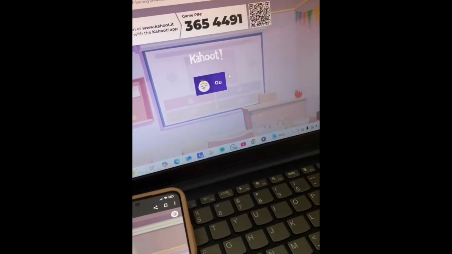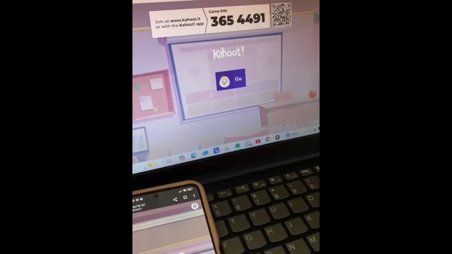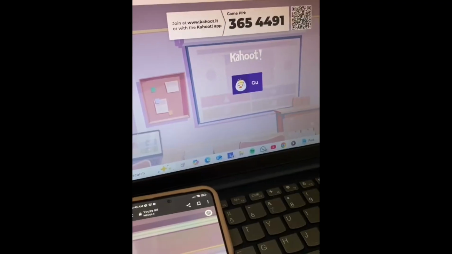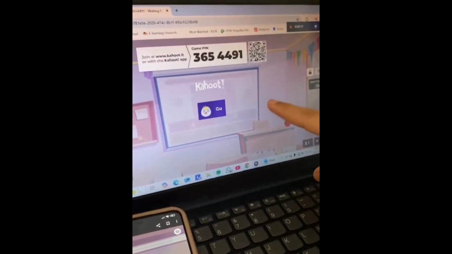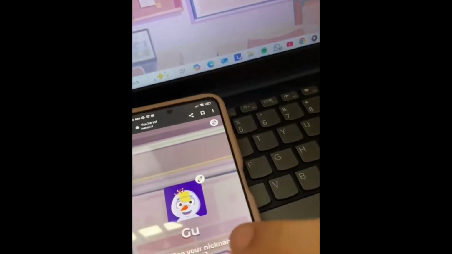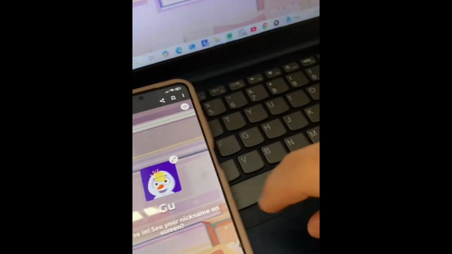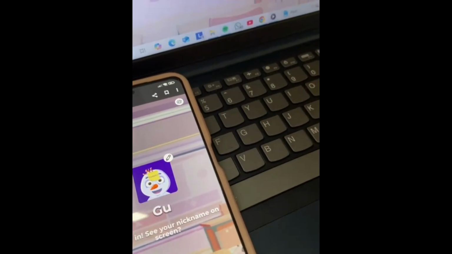When everyone has joined, you can click Start. The question will appear on the main screen and students will see the answer choices on their devices. They tap the color or word they think is correct.